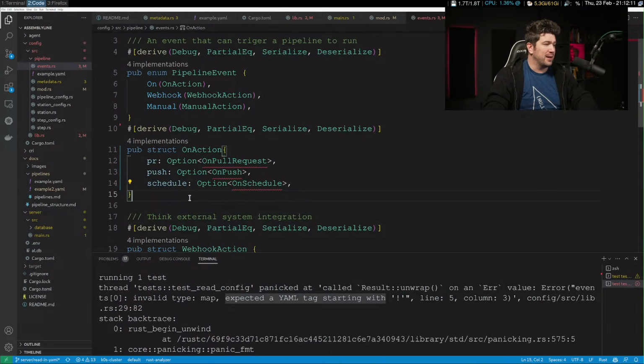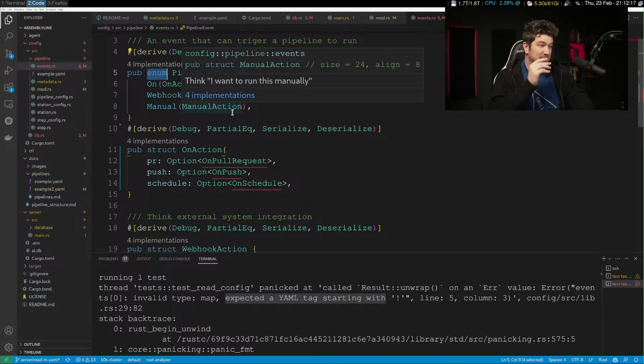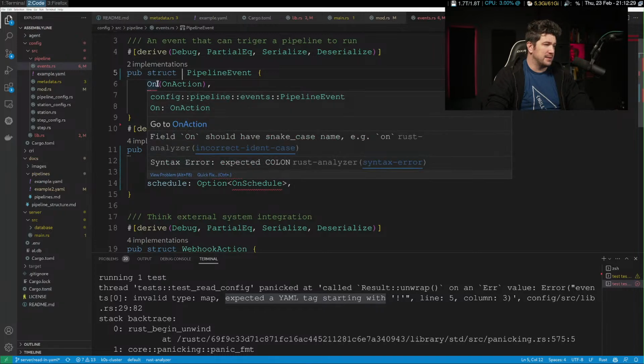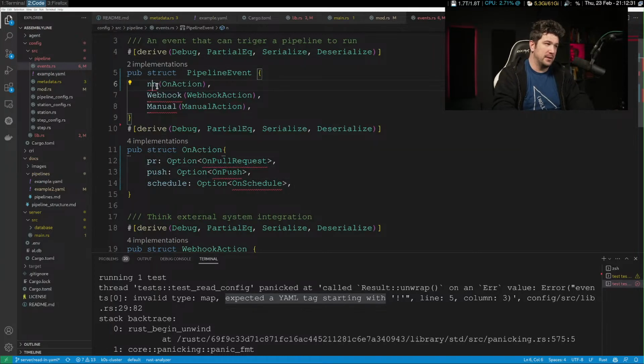All right, so I think I'll just do this for now. Let's see if we can get this looking right, and then we'll fix it. So instead of pipeline event, this is going to be a struct, and this is going to be on. Can't spell on.